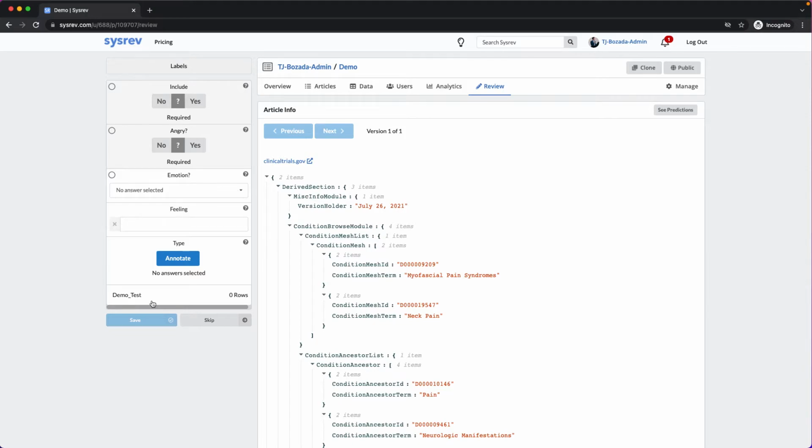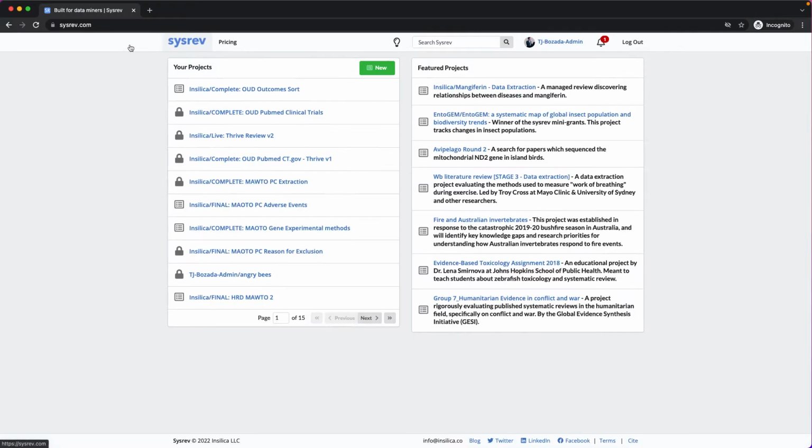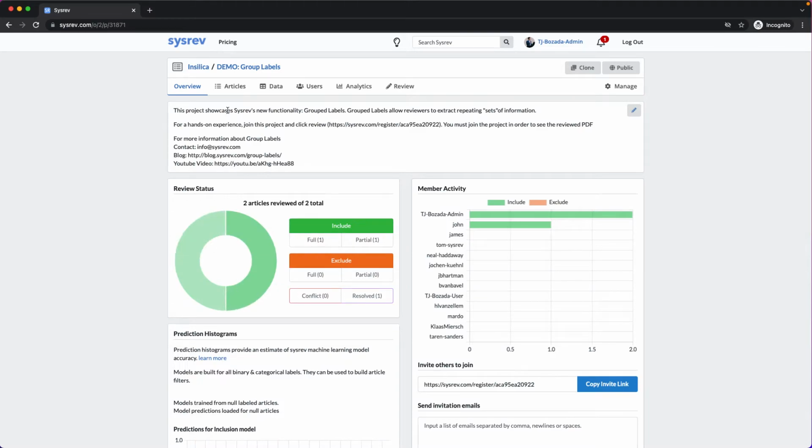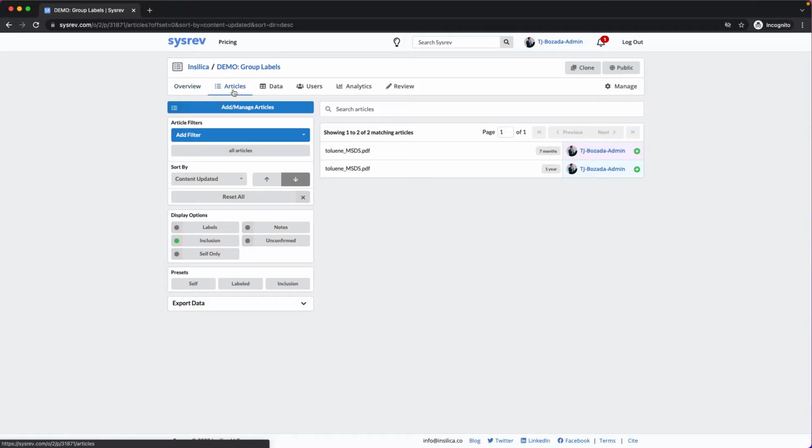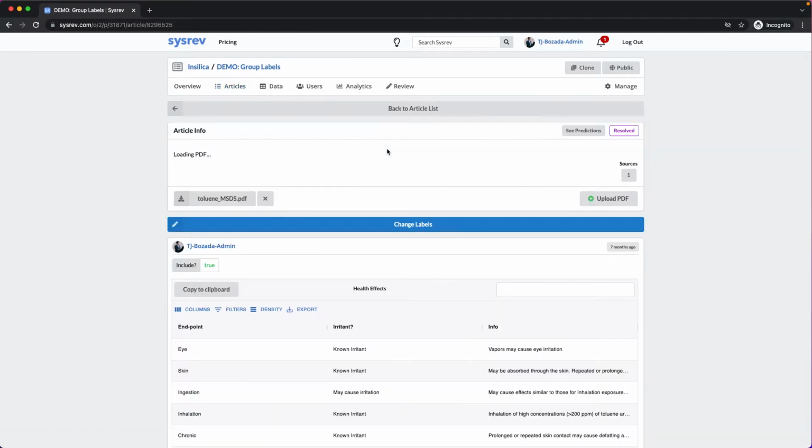Last but not least, you can even share the entire group label using the feature Share Label. This is a project for our existing group label demo. Anyone can join this project and try out the feature by accessing the URL here. This project consists of 2 PDFs, both for the same MSDS of toluene. If I look at one and scroll to the bottom,